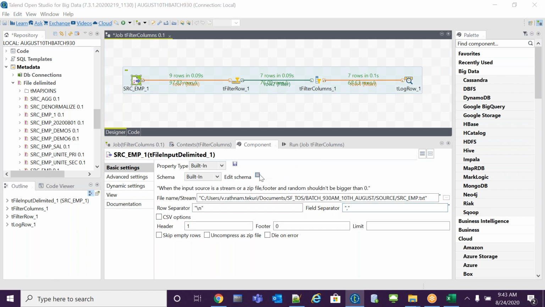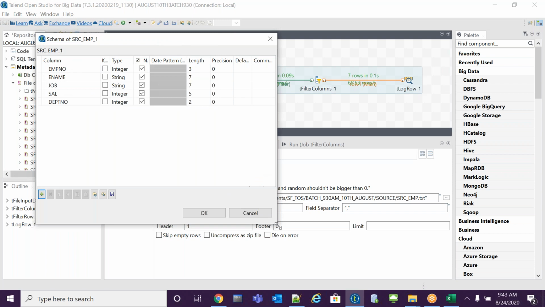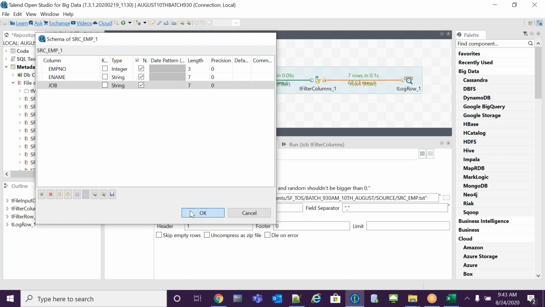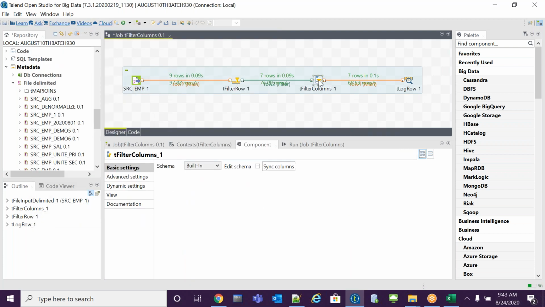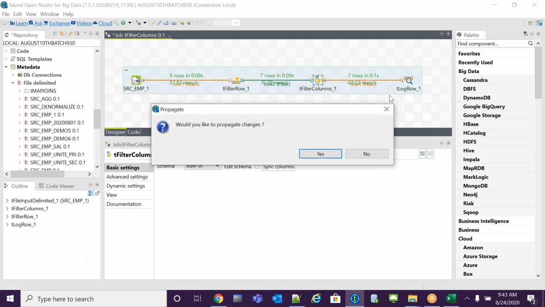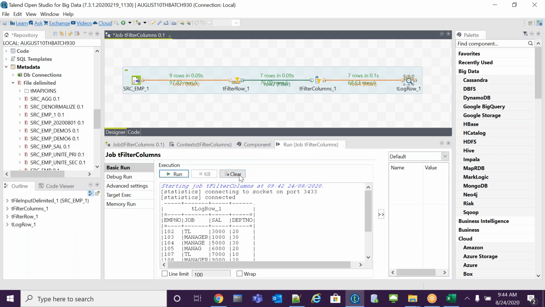Suppose DEPT number, I don't want it. I will go here and remove it here itself. Salary, I don't want it, I can remove it itself. Click yes. Ename. Go to edit schema. Sync the columns. Okay. Double click it. Run the job.